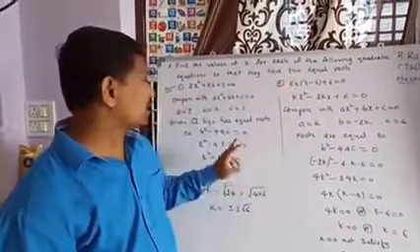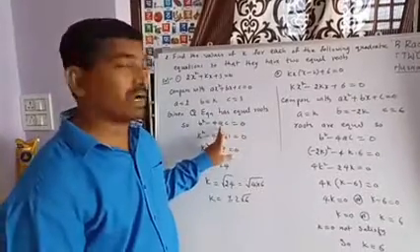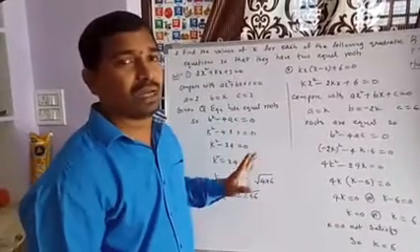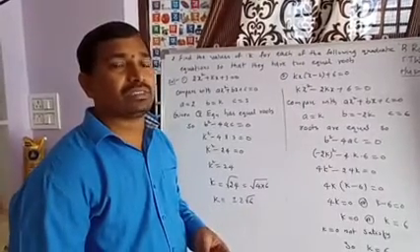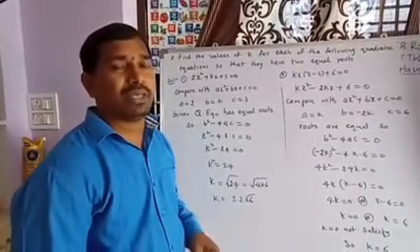So this is depending on the nature of the roots. Roots are equal, so we are taking the condition b square minus 4ac equal to 0. So solve some related problems of this. So we completed quadratic equations. So go through the problems, examples.